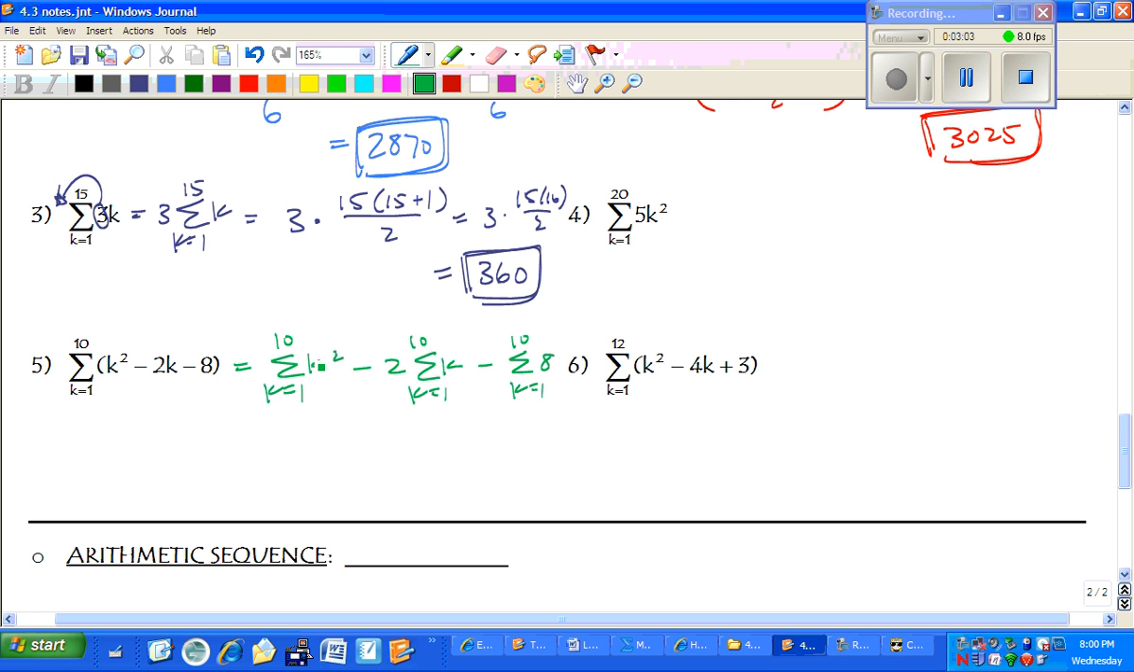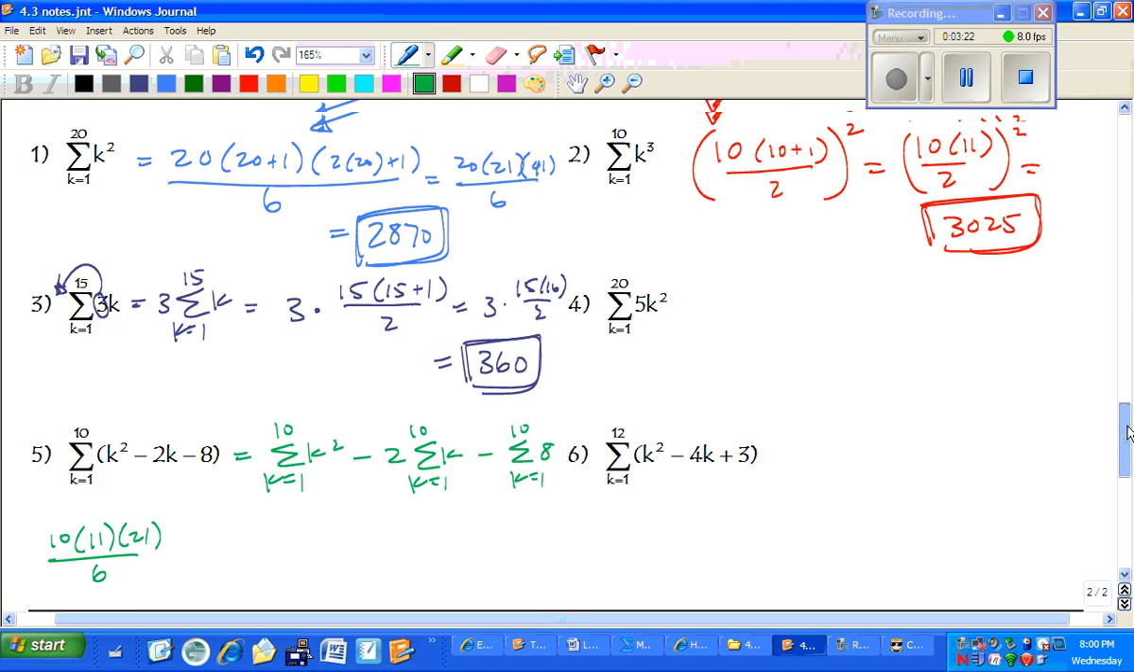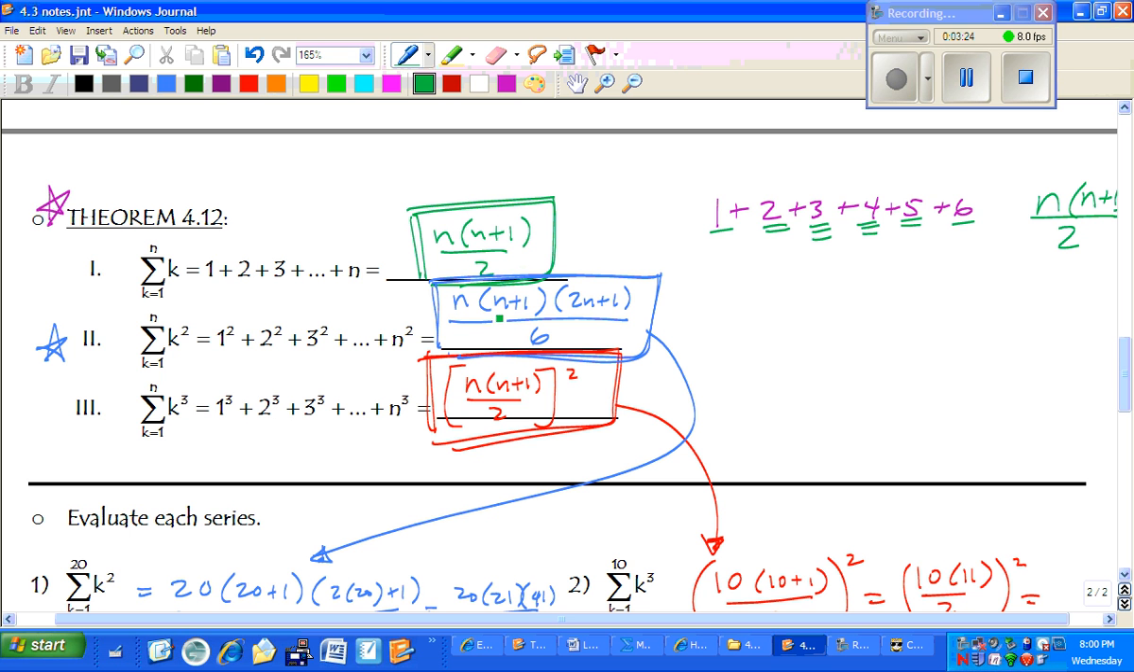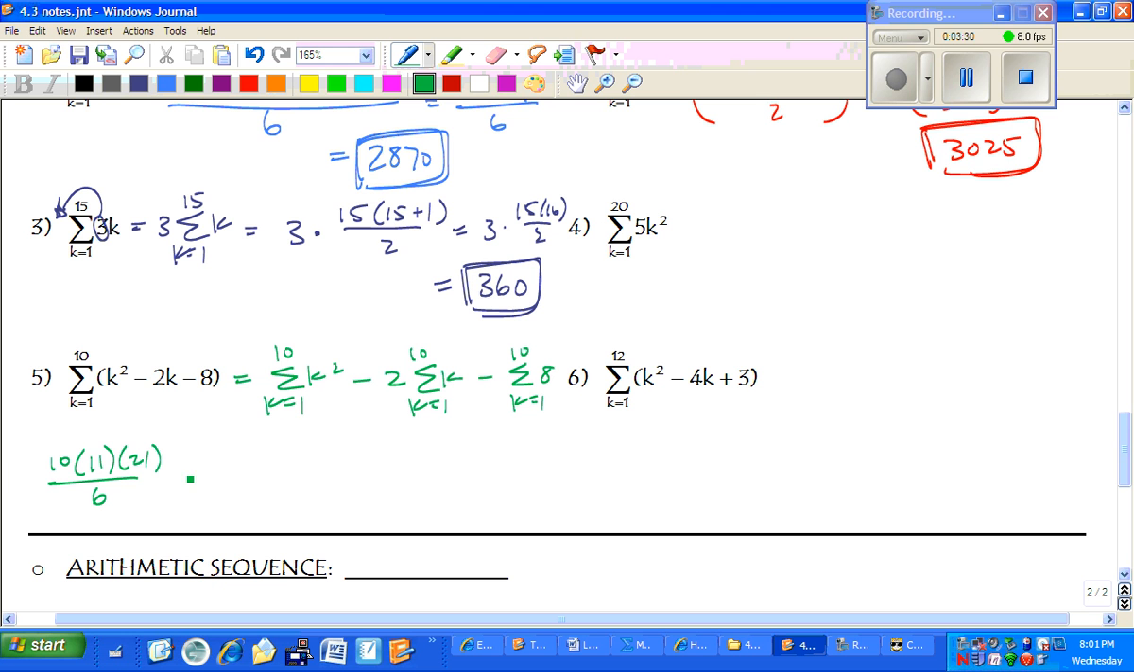So our k squared for that one, remember we're going to take n, so 10, times n plus 1, which is 11, times 2n plus 1, 21, all over 6. Alright, so we're just using this formula right here, n times n plus 1 times 2n plus 1 all over 6 for that first one, minus 2 times the sum of k, we just have n times n plus 1, so 11, all over 2,